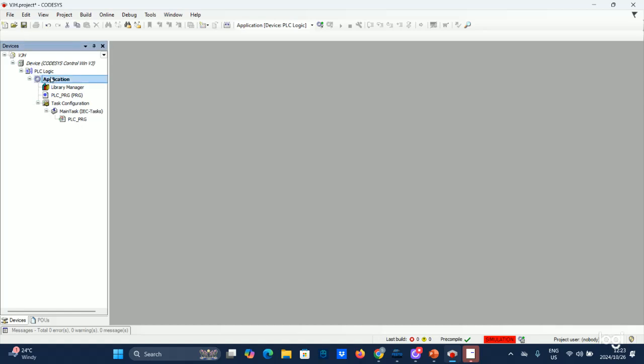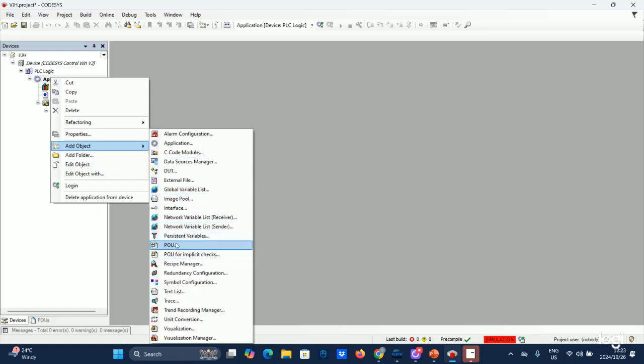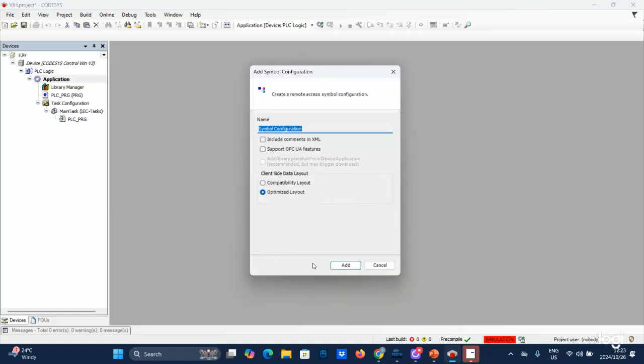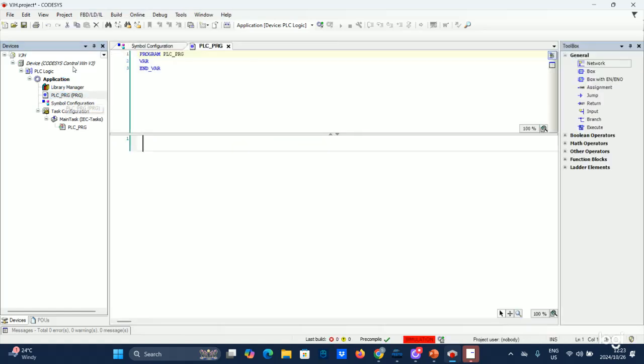And then you want to go to application, and then you want to add objects. You want to add your symbol configuration. So now it's just symbol configuration, and then you want to load where you want to write your code. So now here, this is where you want to write your inputs, right? And then I'm going to leave this side here